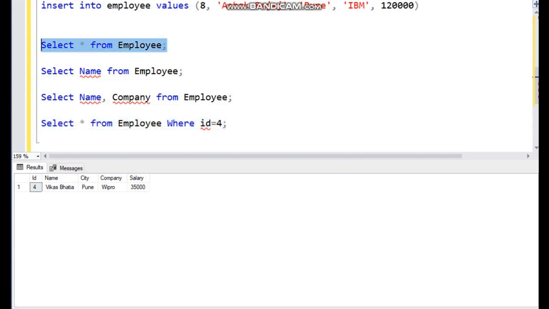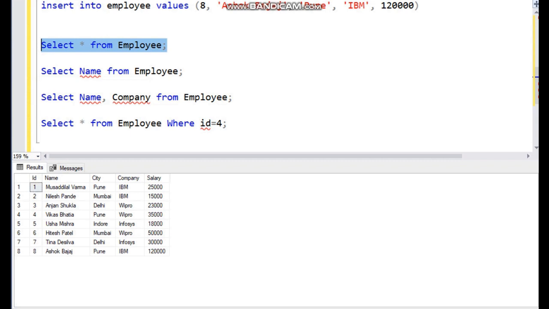Now if you want more than one record, let's say I want employees who live in Pune city, so more than one record is there. The condition is employees who live in Pune city. City should be Pune, correct?